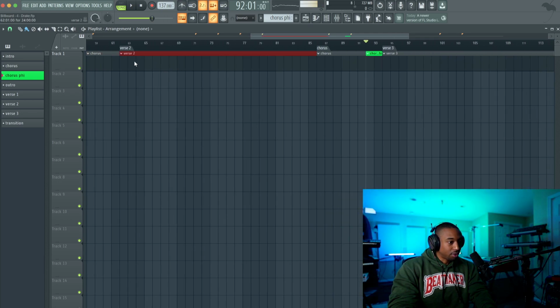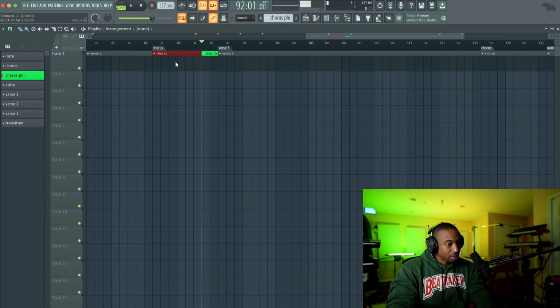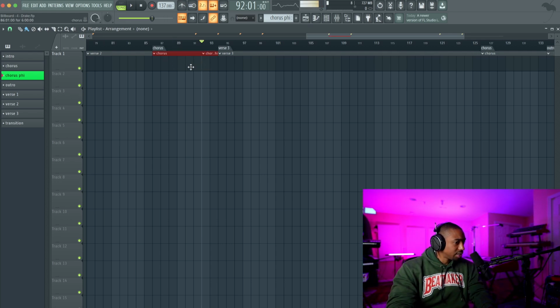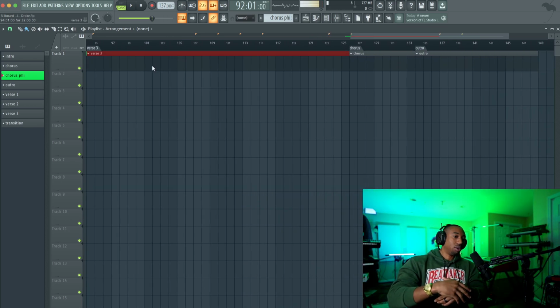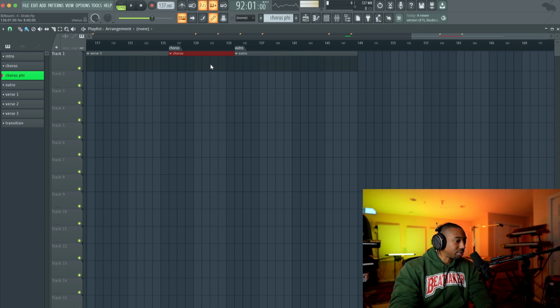Then we have the second verse, which is 12 bars at regular tempo, 24 bars at 137. Then we have chorus again, which is 8 bars, and then this change up called fee. So that chorus is 8 bars at 137, and then 4 bars at regular tempo. Verse 3 is the longest, 16 bars at regular tempo, and 32 bars at 137 BPM. And then lastly, the chorus again repeats for another 8 bars at 137. Typically divided by 2, that's a 4-bar chorus at regular tempo, and then the outro is a weird